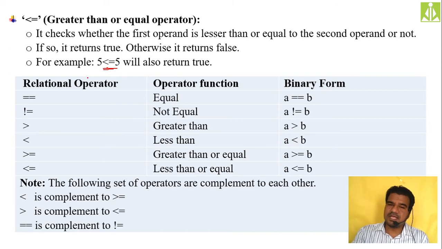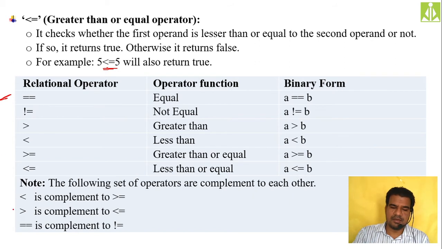Why are we saying these operations are complements of each other? Suppose when you use the less than symbol and you get true, then if you put greater than or equals to, you will get false. So they are exactly opposite to each other. If one operation gives true, the other operation will give false. For that reason we say these operators are complements of each other. They are inverse to each other, we can say.